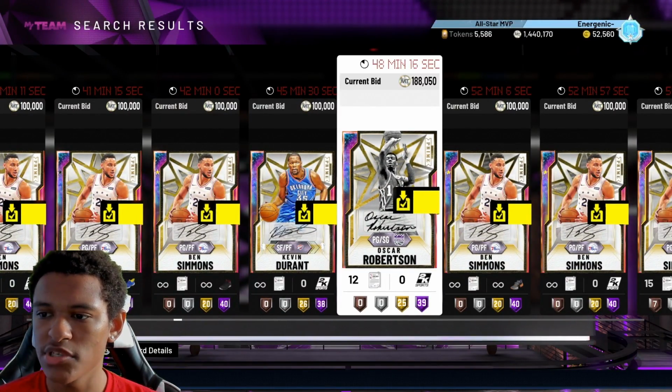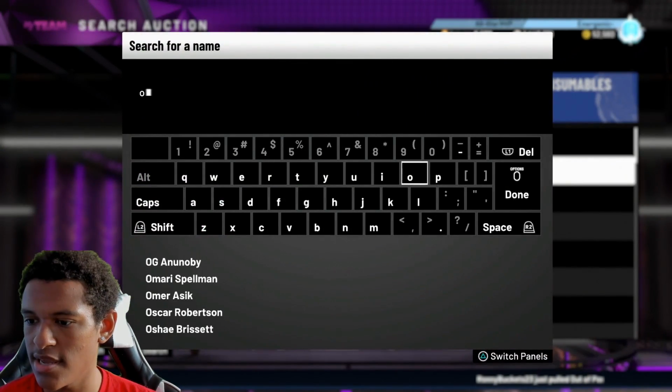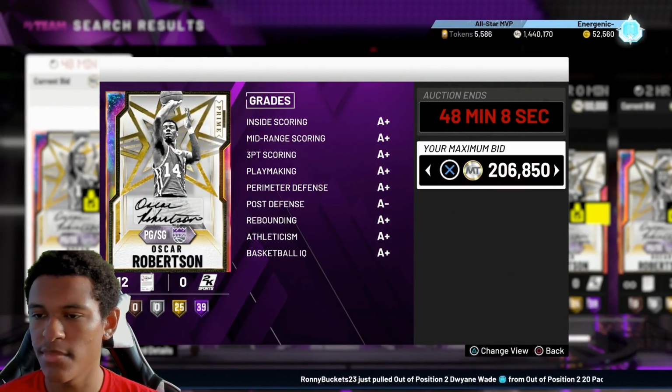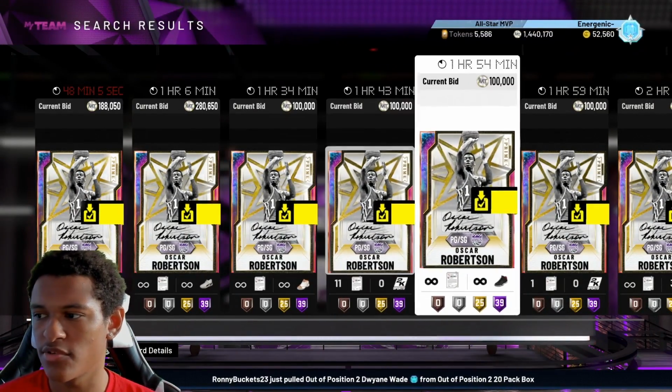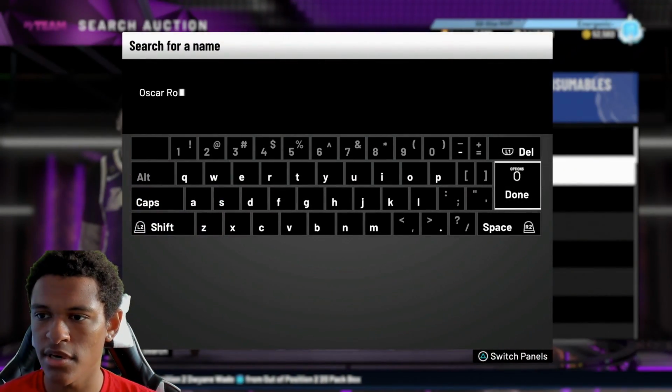The most common snipe I see in this filter is Oscar, which is great because he's going for a lot. If we just search up his name, Oscar, 200K, 48 minutes left. So if you get him, that's great. So you can sit on that filter,